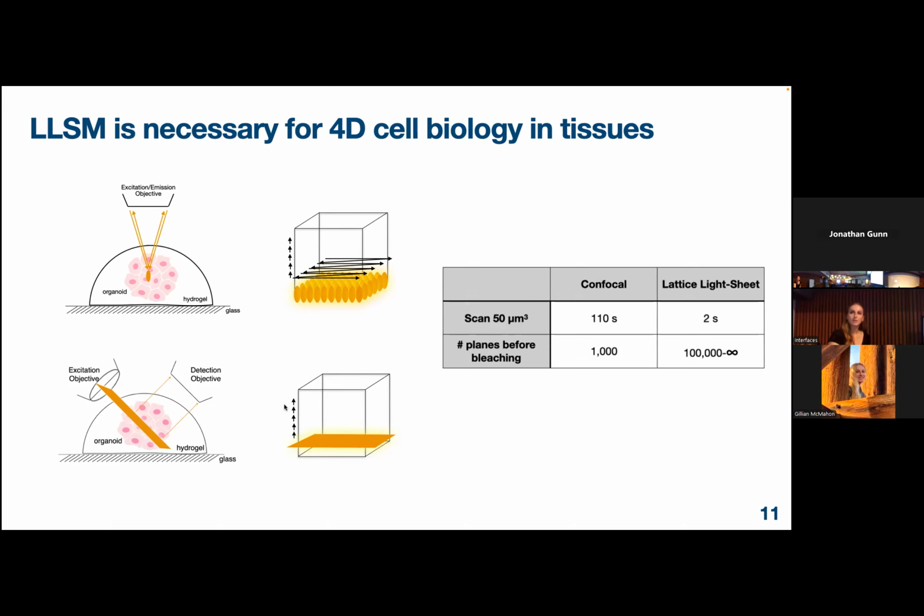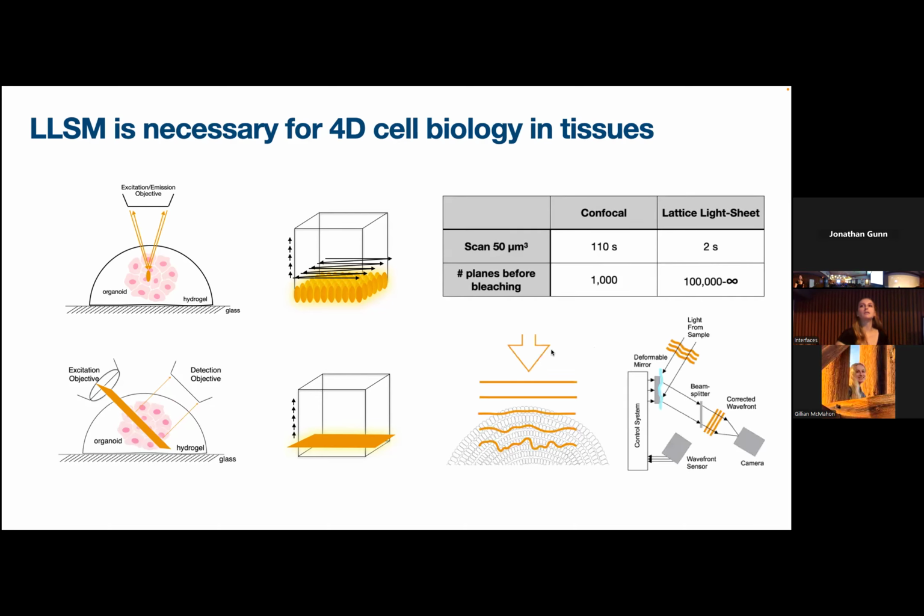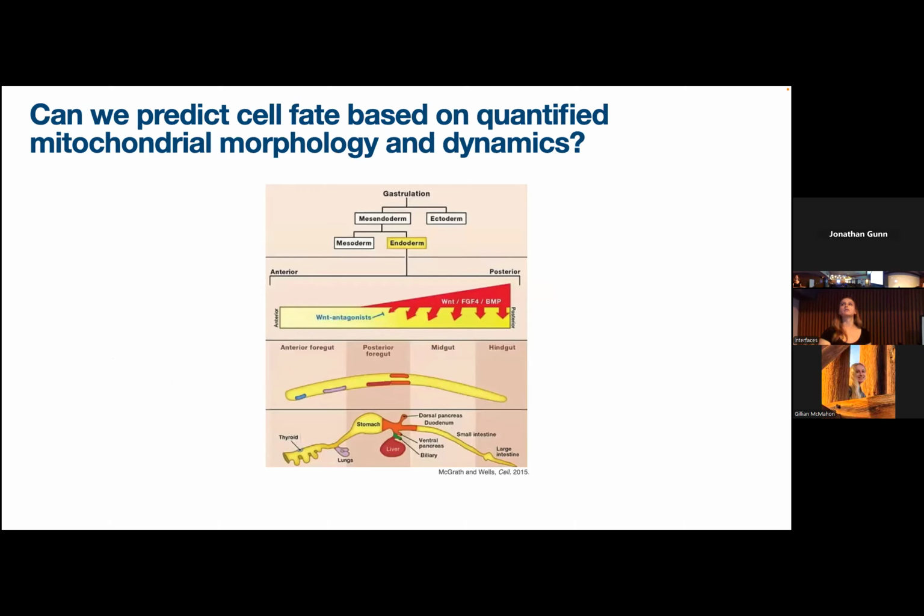Our setup also has adaptive optics, which allows us to correct for the aberration that occurs when we're imaging tissue a lot of the time. So essentially, we know how the wavefront is distorted, so then we can correct for that distorted wavefront using a deformable mirror. And with this technology in hand, let's go back to my original question, looking at the